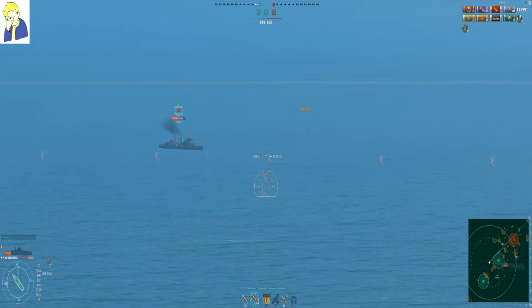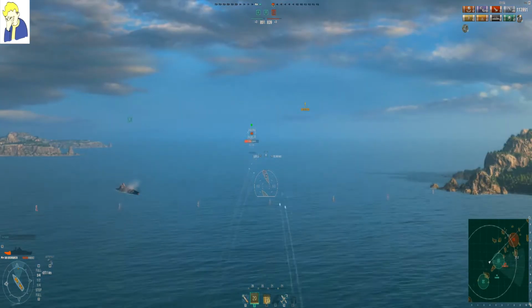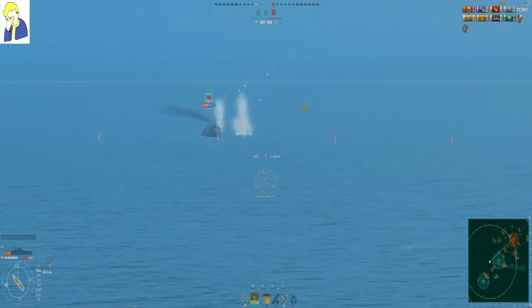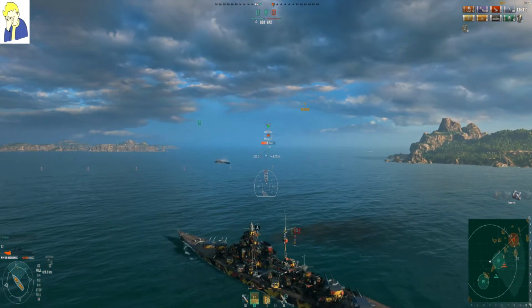The Ebden now needs to commit. If they want to win, he either needs to take a cap. Well, even then, he probably doesn't have enough time for the cap. He's got to sink one of us, either me or the destroyer. And that's going to force him to come in close. This Ebden, though,